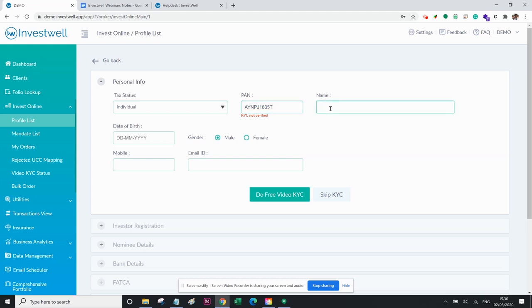Now, you have to write the name of the person that you want as per the KYC records. You have to fill all these details and then click on do video KYC.